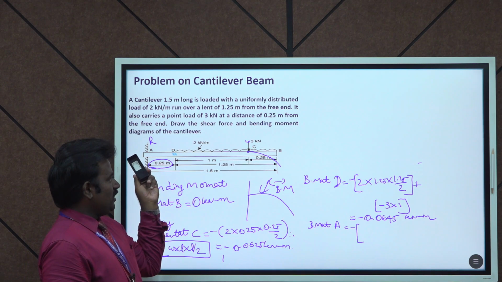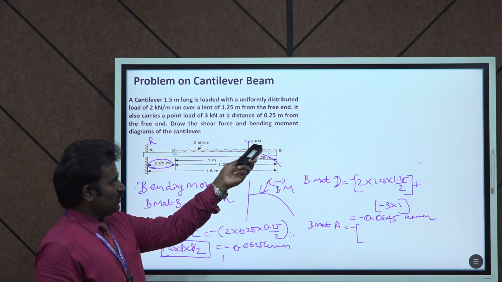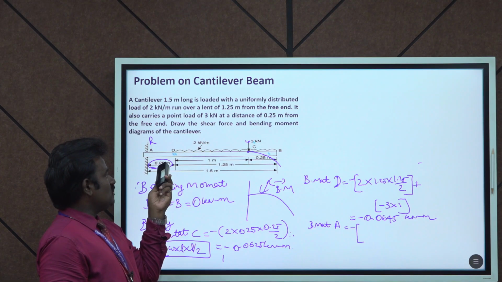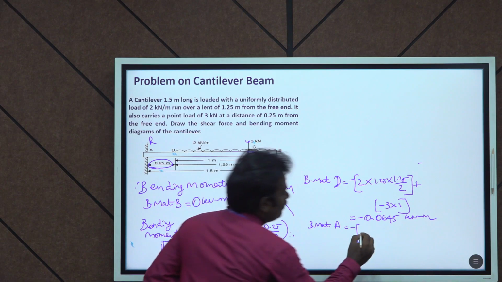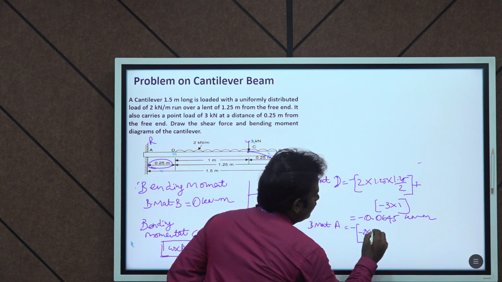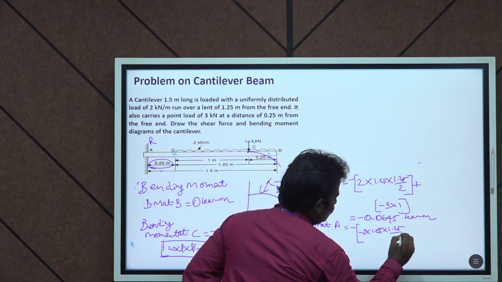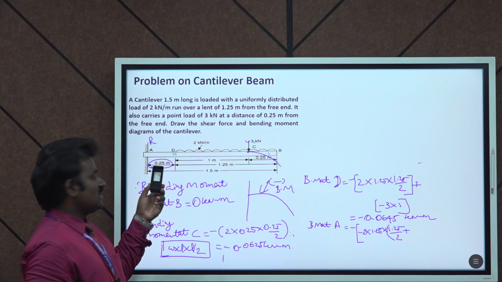Here also two loads are acting, the UDL as well as the point load. For the point load, the distance is 1 plus 0.25, that is 1.25. For the UDL, I am writing the equation 2 into 1.25 into 1.25 by 2, then adding this remaining distance